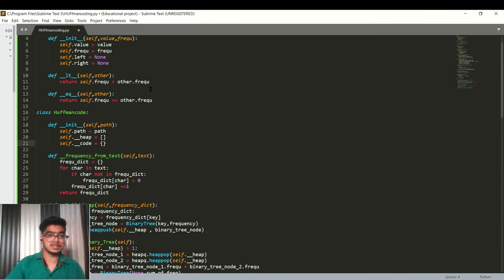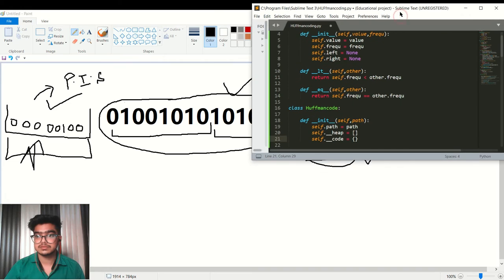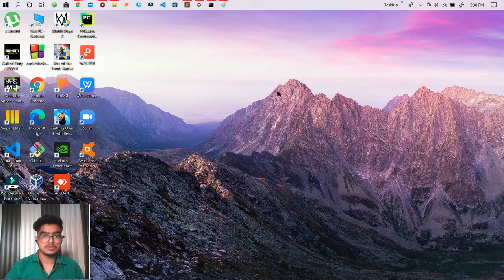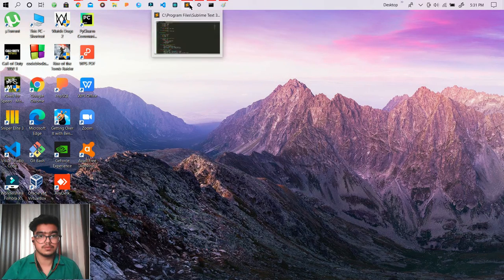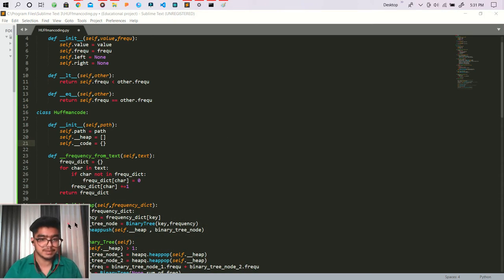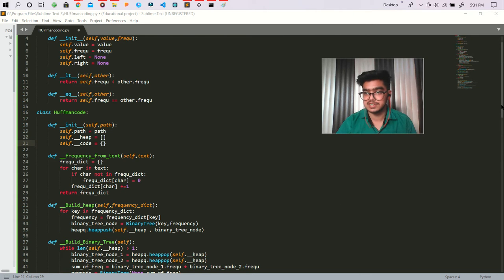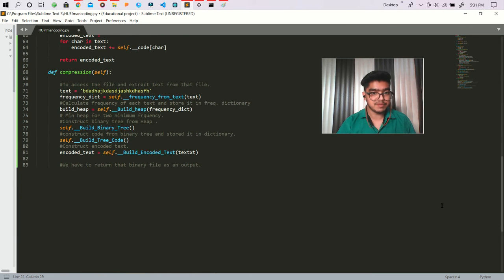Okay, so we are there. I am using Sublime Text for now, because in the previous one we had some problem. So let's use Sublime Text. What we have to do is padding, so let's do padding